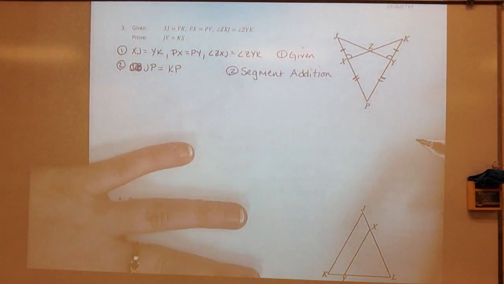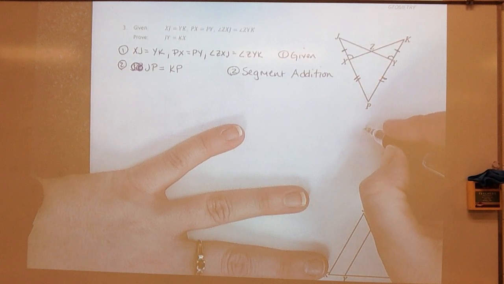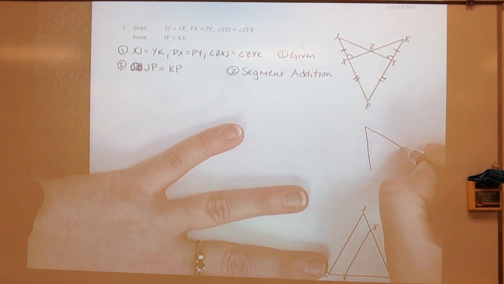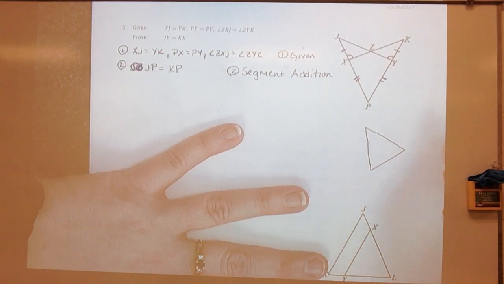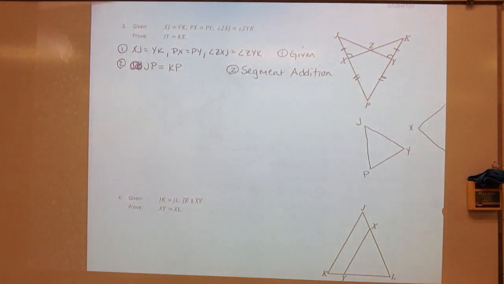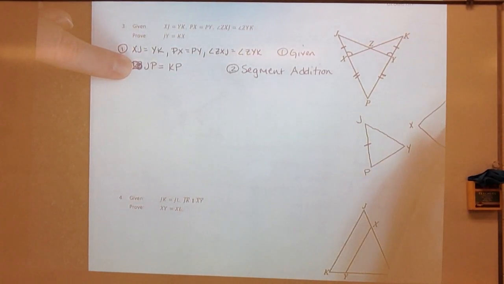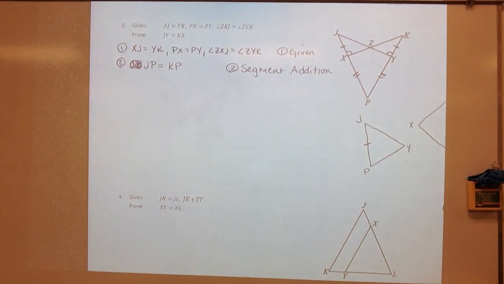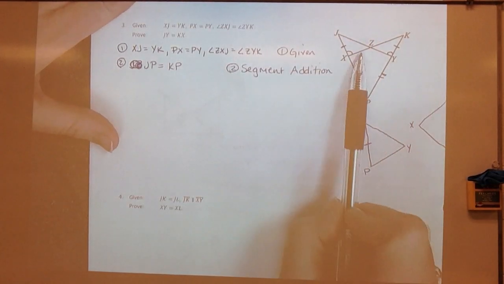So I'm going to go ahead and separate my two triangles so that I can see what's going on here. So I have JPY, and I'm not drawing them perfect, but that's okay, and KXP. Now I know that JP is equal to KP. I know that right now. Now, going back to my diagram here,